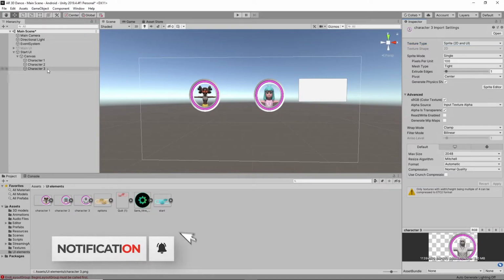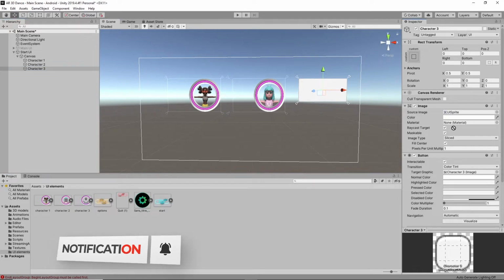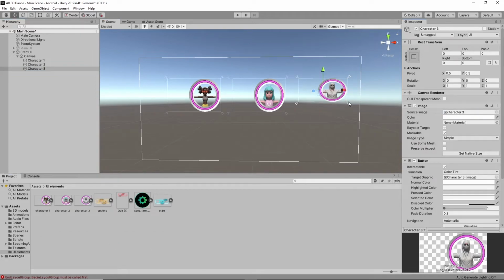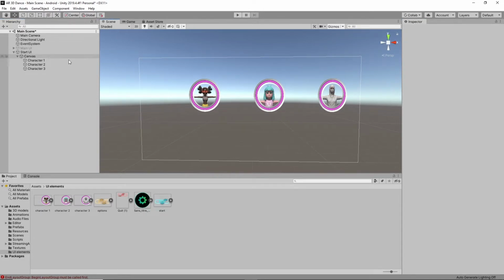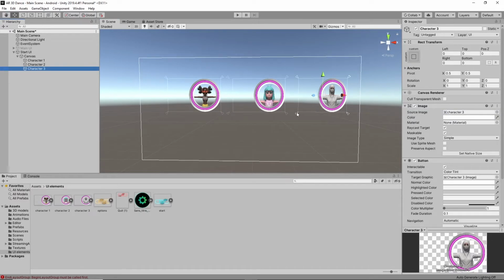I'm going to drag this into the character 3 source image like this and I'm going to adjust like this and convert it into 0. Yeah, this was good like this.